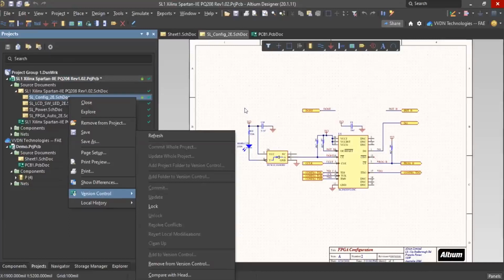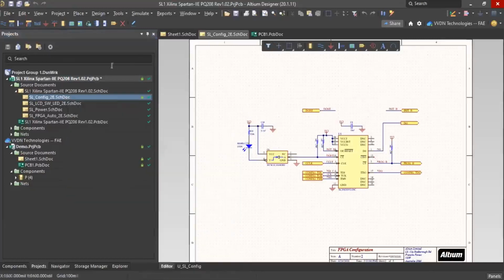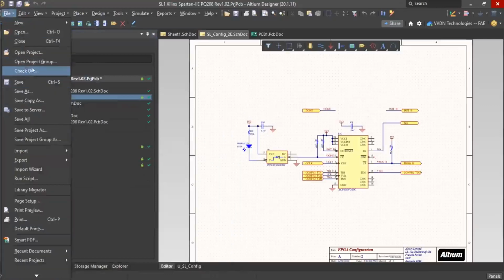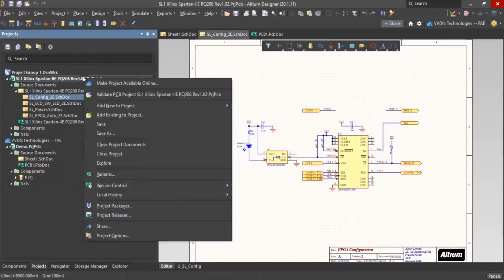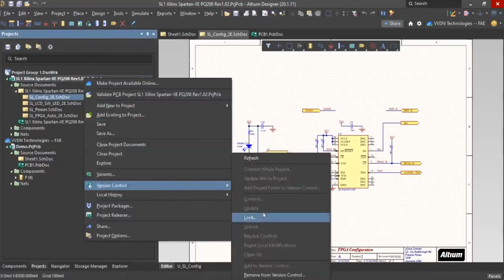But if two people are working on the project, then you have to do the checkouts. Checkout will check the file out into the local directory, and you can work on that. At that time you have to check whether the files are the latest or not. You can update, and after that you can modify it. Once you've done the modification, you can commit those changes.